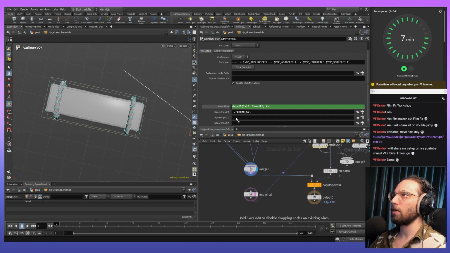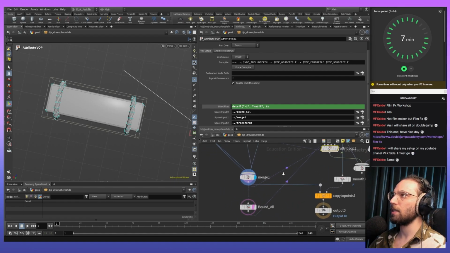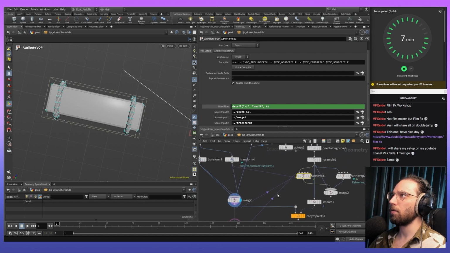Now you could add any other attribute, right? You could add the merge attribute here. You could add the transform attribute here, and you will have a better visualization because now you see, yo, okay,